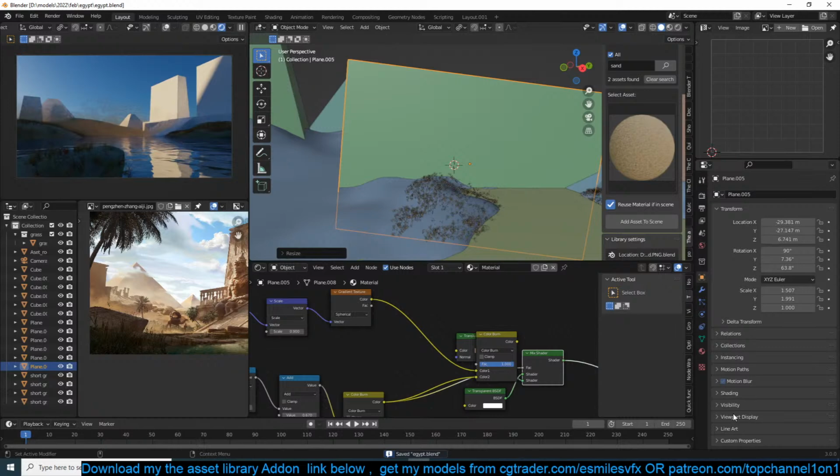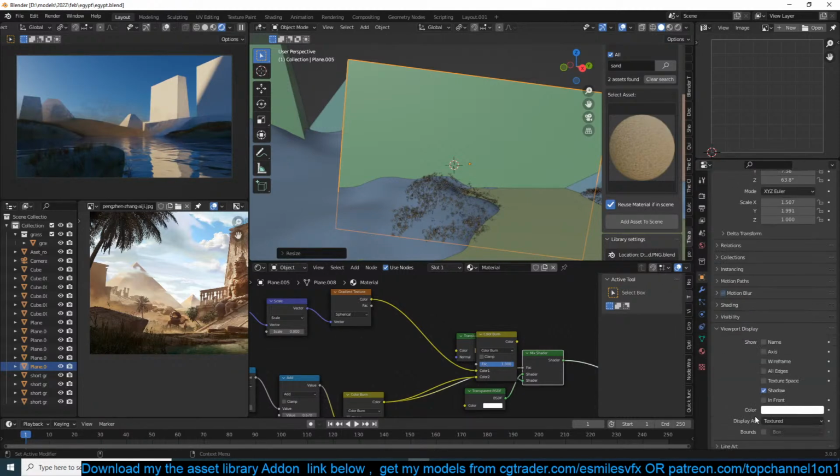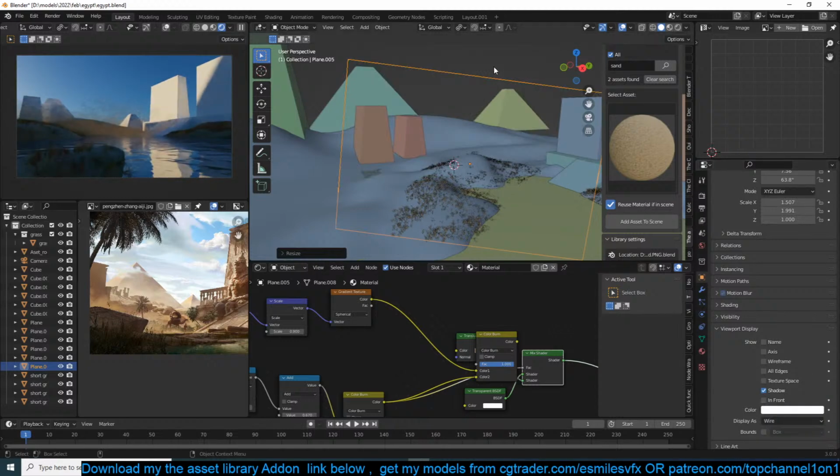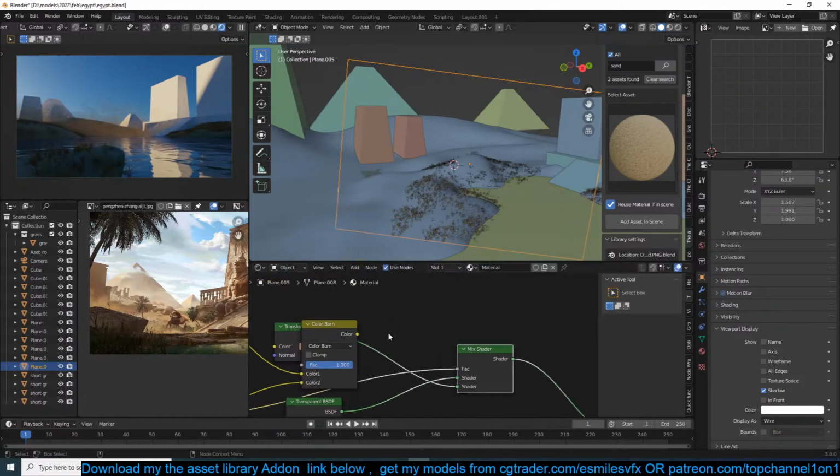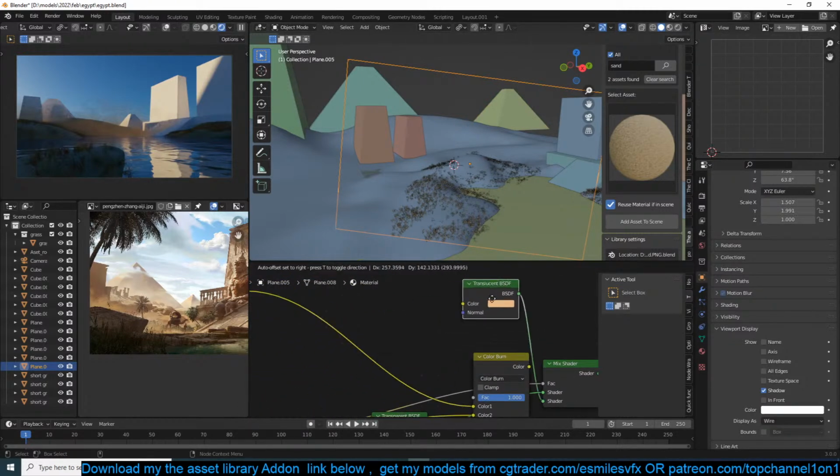Now we just set this as, let me see, viewport display wireframe. Now if you want, you can basically replace the translucent